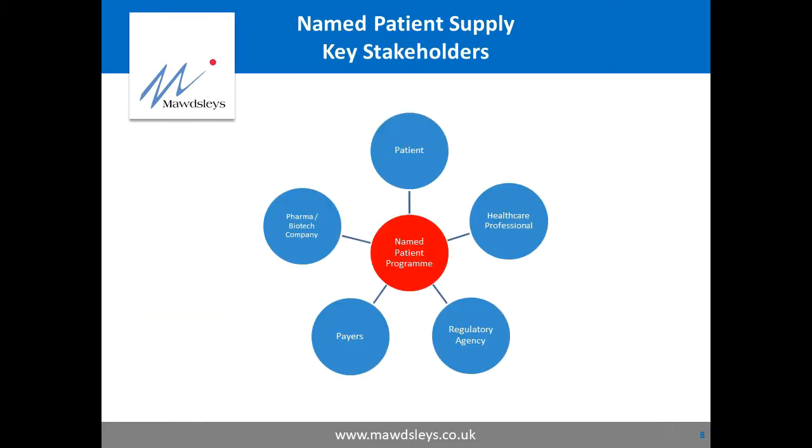So, who's involved in this process? Well, obviously, key is the patient, and also key is the treating healthcare professional. The key to all of this is in fact the treating healthcare professional, because he's the one that will provide his local authority with what's known as a letter of clinical need. And in that he will state that he wants a particular drug,